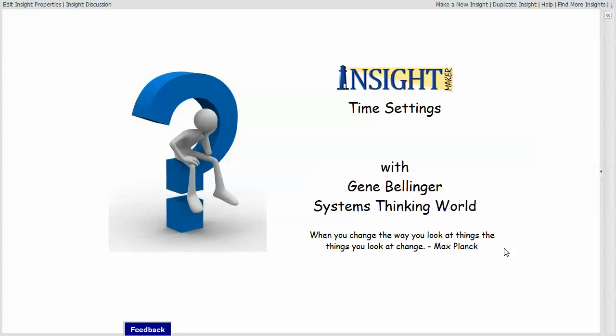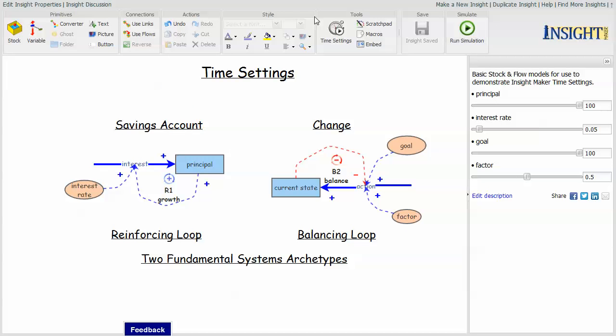When you develop a simulation model, if the model is actually going to present you with an accurate implication of the interactions, it's appropriate that the time settings are set up correctly. So I want to spend a few minutes and talk about different things regarding time settings, and I'm going to use the two simplest systems archetypes, the reinforcing loop and the balancing loop, to go ahead and talk through